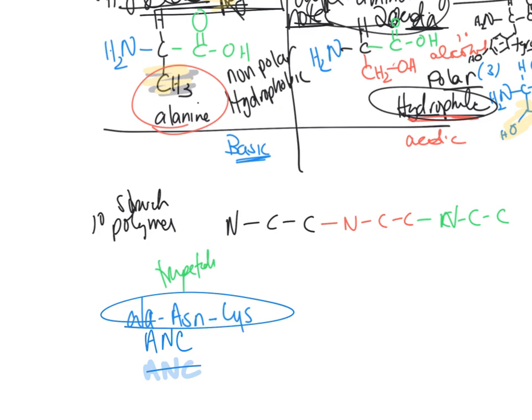So if you were to draw that primary structure given these amino acids, you would do an H2N, this is your alpha carbon. What's alanine? Alanine is a CH3 here. This is your peptide bond, okay? So it is an amide right here. So you have one peptide bond here. And then you go to your next. This is your alpha